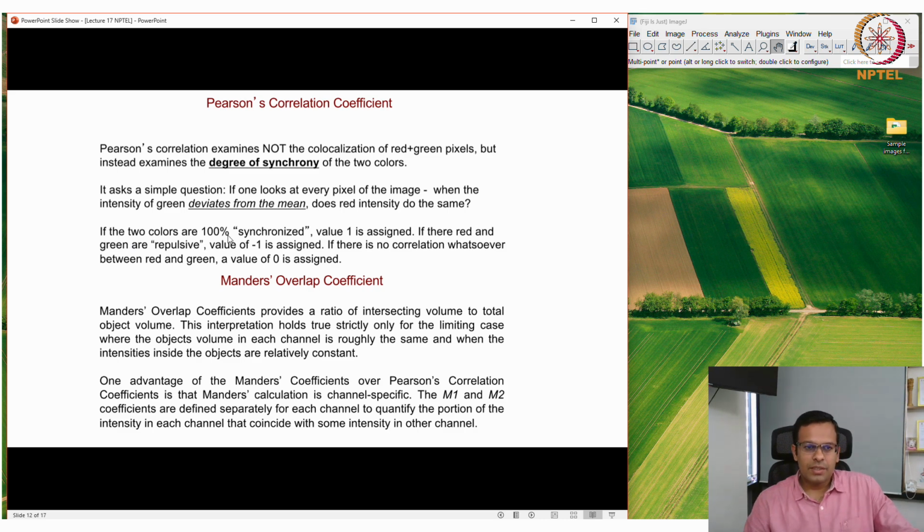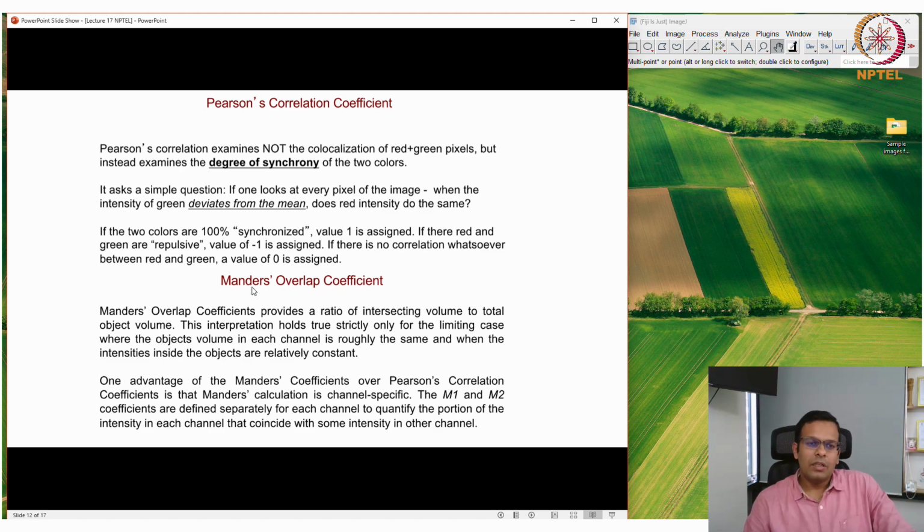If the two colors are 100% synchronized, the value 1 is assigned. If the red and green are repulsive, the value of -1 is assigned. And if there is no correlation whatsoever between red and green, a value of 0 is assigned. So a Pearson's coefficient of 0 represents no co-localization, and a value of 1 represents 100% co-localization.